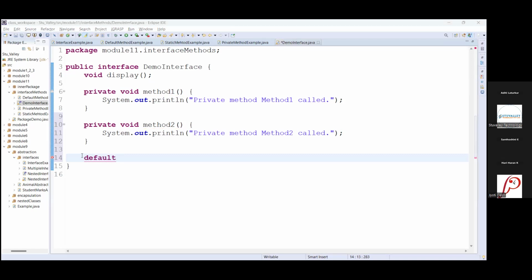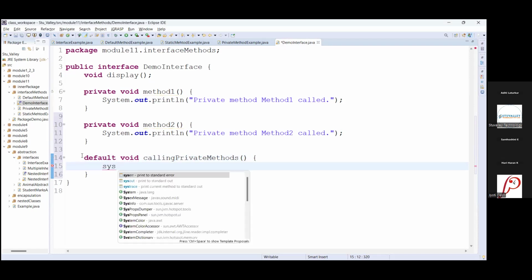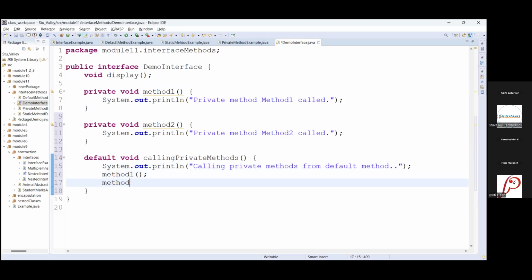The name of this method I am giving as default void calling private methods. And this is just going to call the private methods from the default method. Now here, calling method 1, calling method 2.